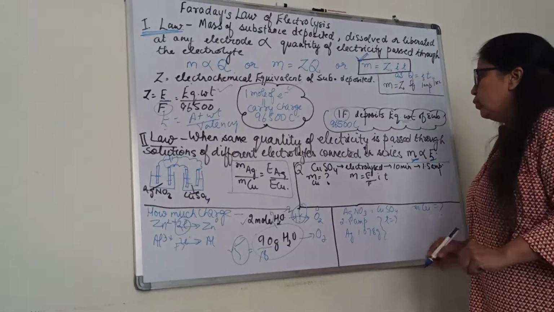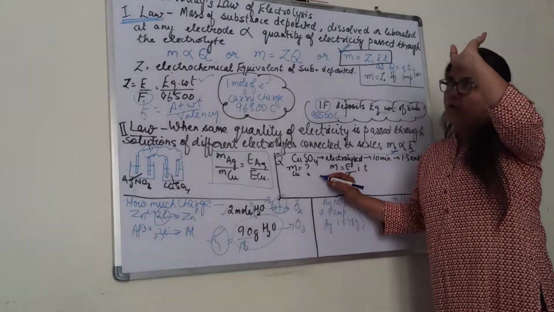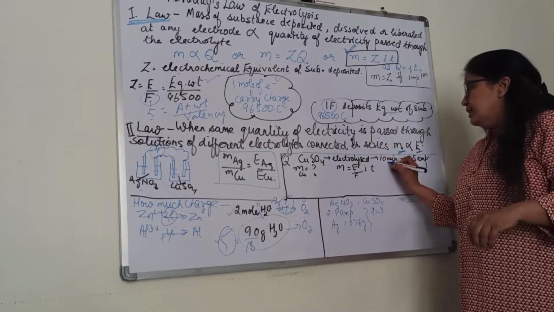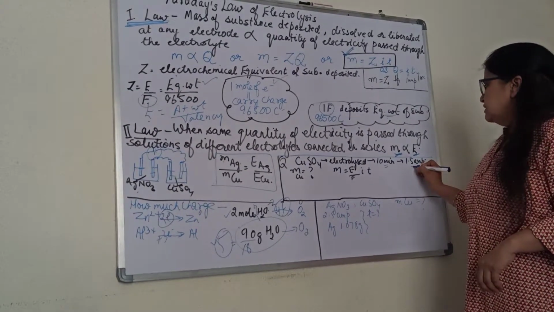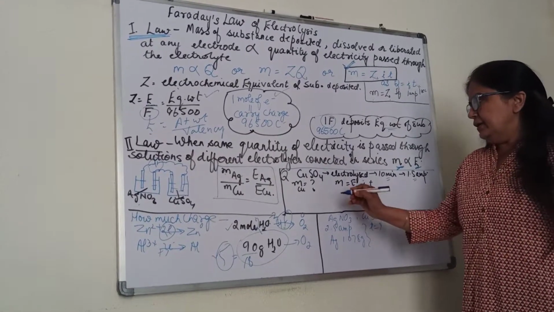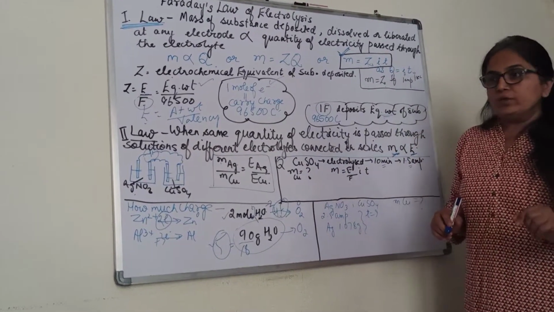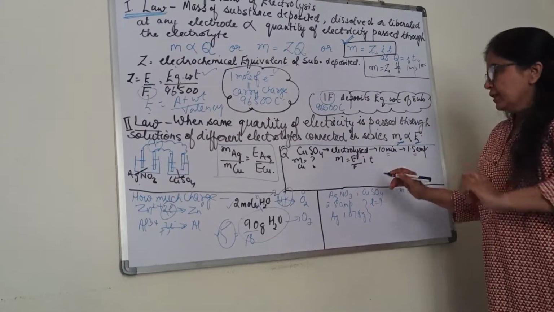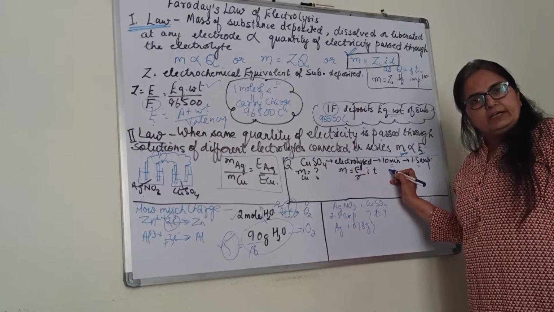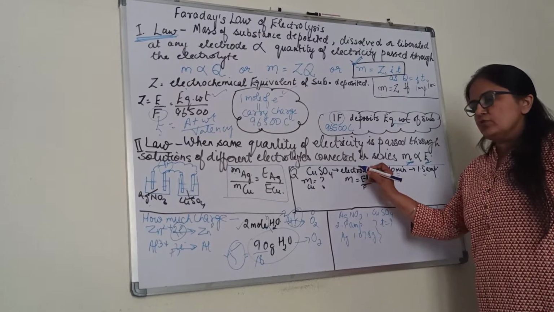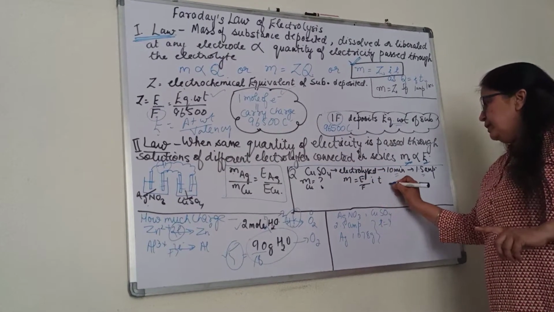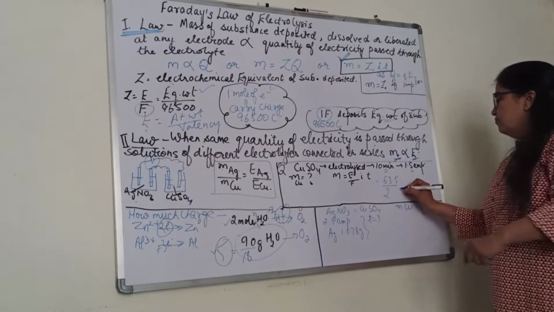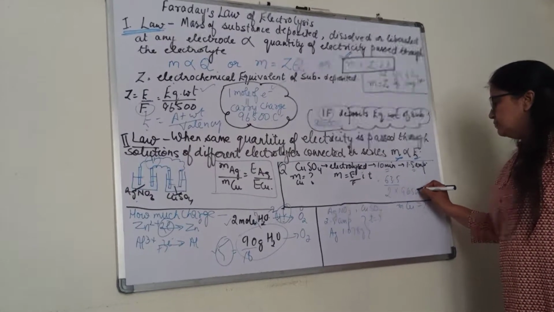Second category of question that can be asked is based on the first law of Faraday. Some copper sulfate solution was given. Say it is electrolyzed for 10 minutes and this much ampere current was passed. Calculate mass of copper. So what we will do? See, the data relates to the first law. So we will use this, M is equal to E by F. We know the equivalent mass of copper. 63.5 is the atomic mass. So it will be 63.5 divided by 2, the equivalent weight. 1 Faraday we will write as 96,500.